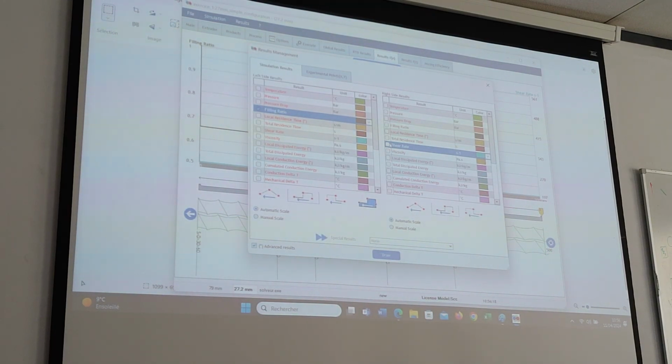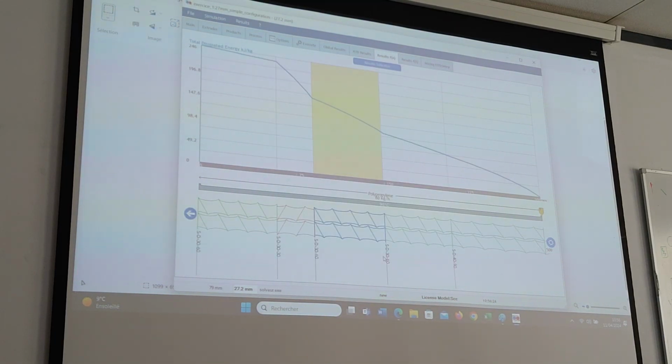So if I have a look at it on this simulation. Here you can see the slope in this element and in this element is a bit different. So even if it is the same geometry, we know this element will bring more mechanical energy to this product.